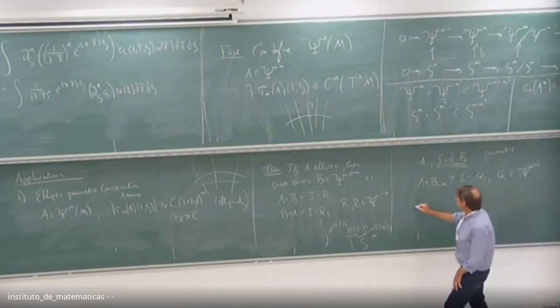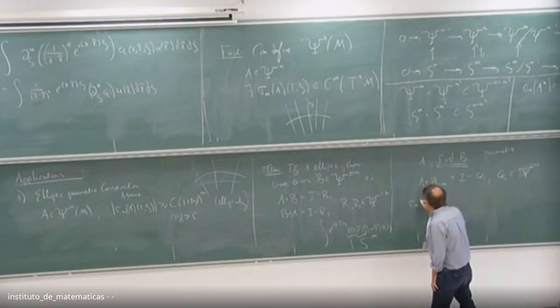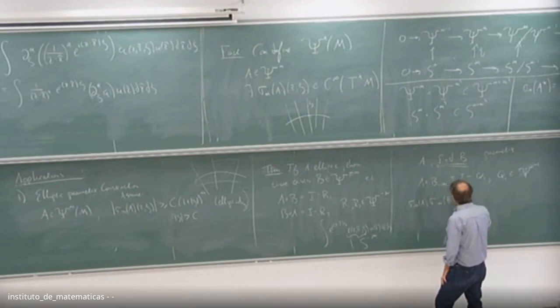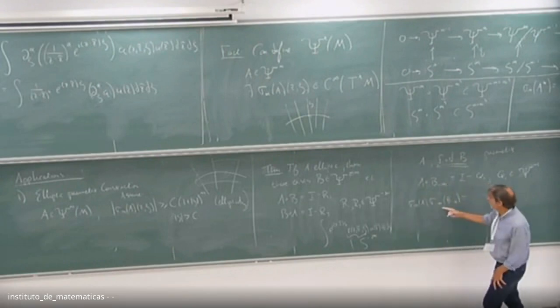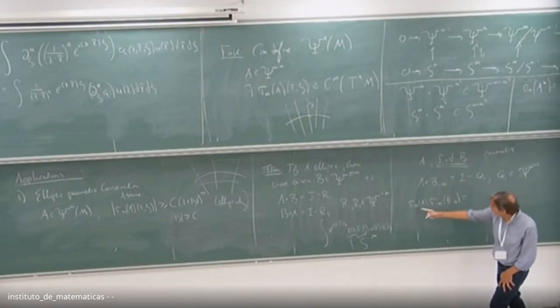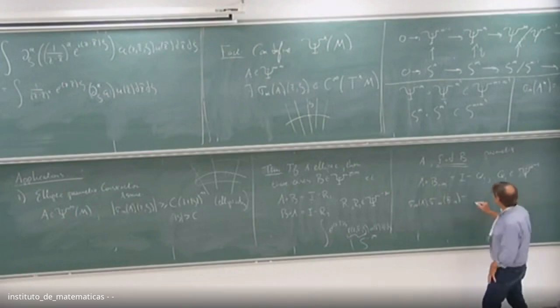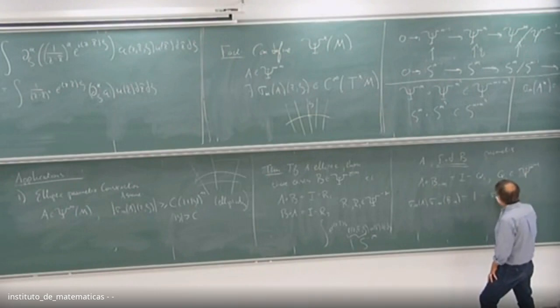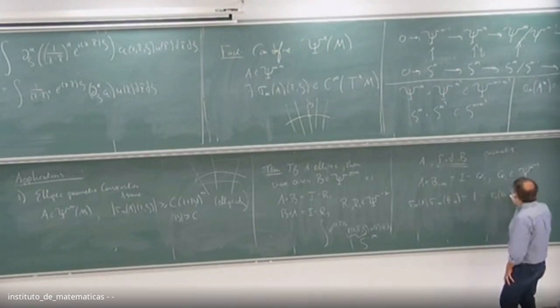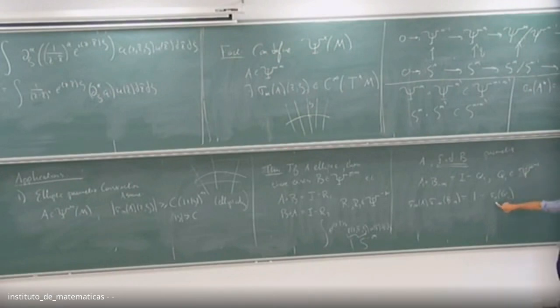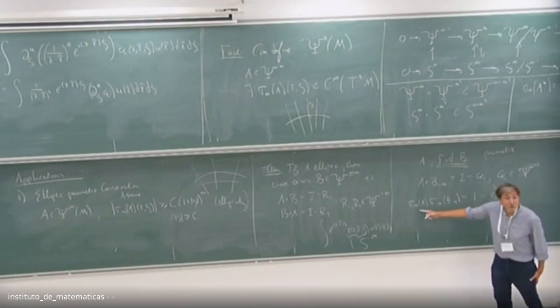Well, I'm just going to take the principal symbol mapping. I'm going to get sigma sub m of A times sigma sub minus m of B minus m is equal to, well, the product of the principal symbols, this is m and minus m, I get something of order 0. That's going to be the principal symbol of the identity, which is 1, minus the principal symbol of Q1. If Q1 is the pseudodifferential operator of order minus 1, its 0th order symbol is 0. So what that means is all I'm trying to do is invert this symbol.